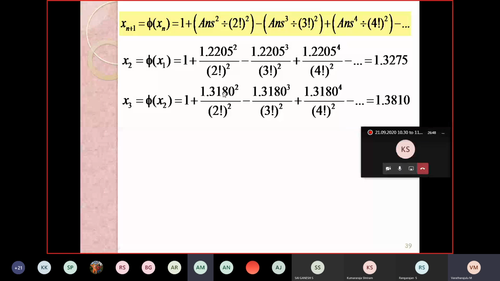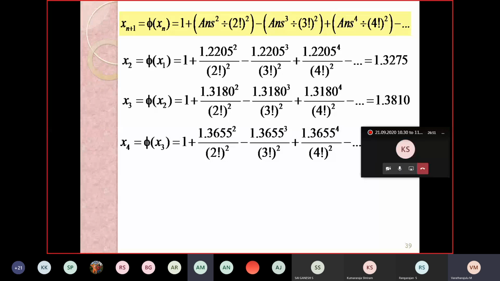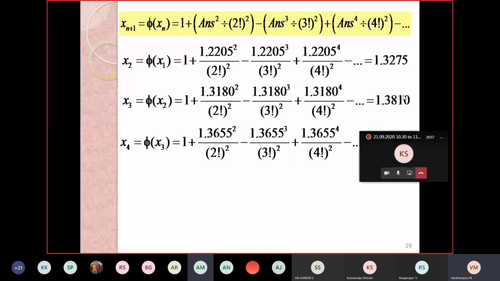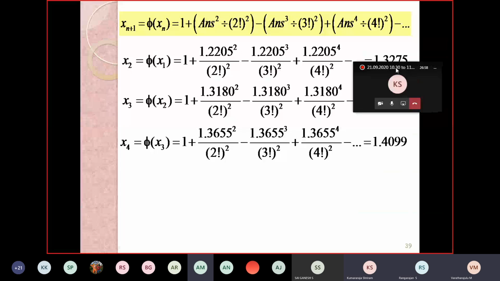And yes, of course, as your friend said, x4 is equal to 1.4099, and your x5 is equal to 1.4260. Yes, very good. 4260 and 1.4350, very good. 4350 and x7 is equal to 1.4401. Very good. And continue the iteration till achieving the 4-digit